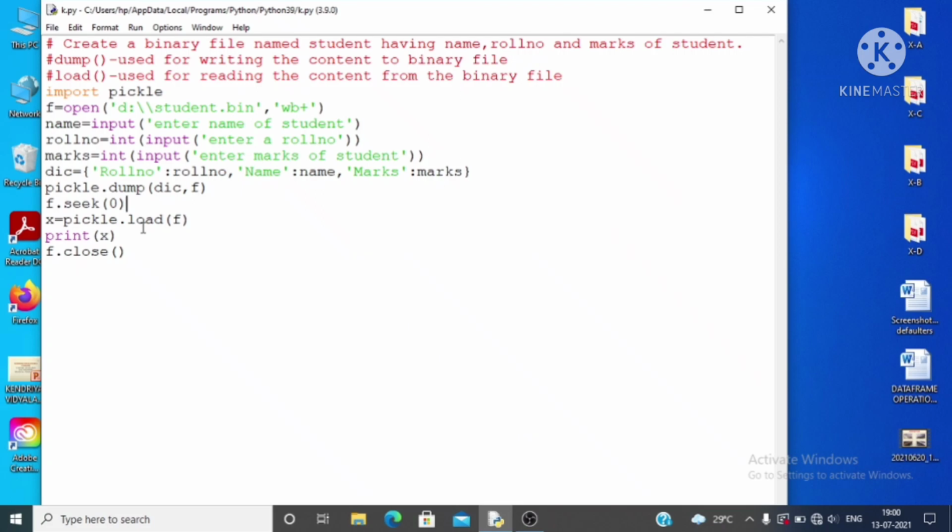Suppose you want to make entries for 10 students, then each time you need to write the dump function, and for reading those records again you need to write the load function 10 times. So that's why you need to use a loop, in the case when you want to insert more than one record in your binary file and read more than one record from your binary file. That concept will be covered in the next session.